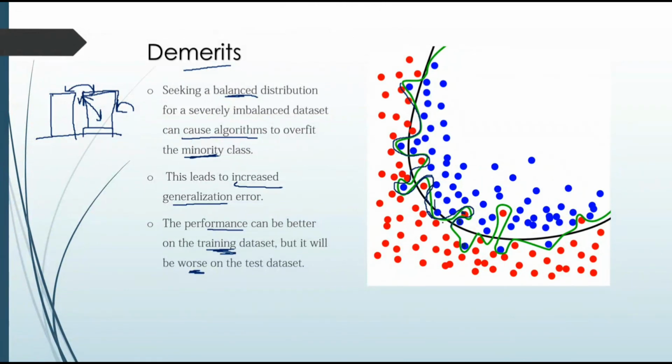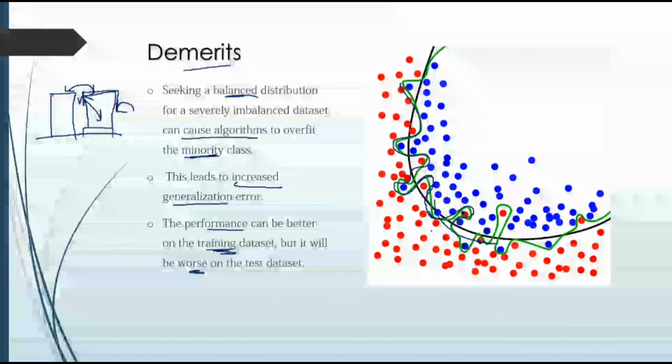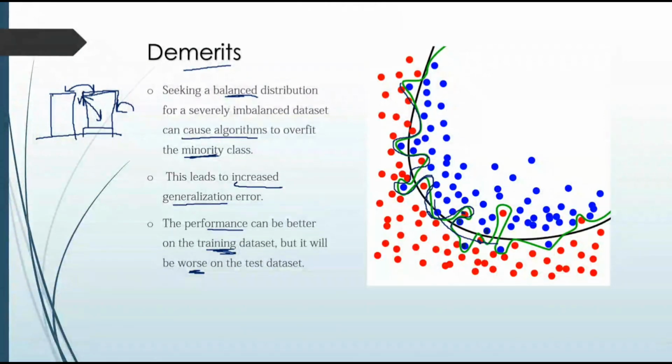So it will not generalize this data. It will learn by heart that at this point it is only and only red and this side it is blue. But on the testing dataset, the model has not seen this testing dataset, as the model has trained on the training dataset only. So the performance of this model will be worse on the testing dataset.